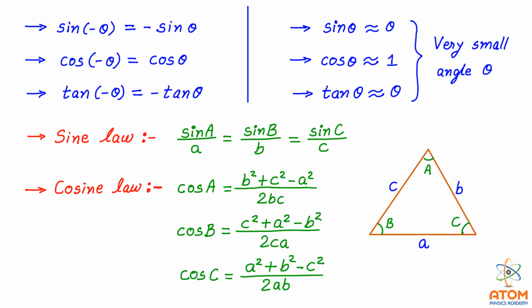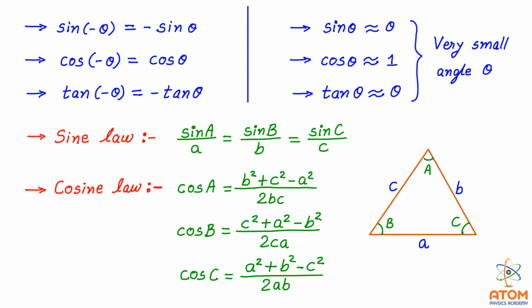Sine law and cos law are applicable for any triangle. Up to now we have seen everything about the right angle triangle, but now for any triangle. This is not a right angle triangle, nor is it an equilateral triangle. It's a random triangle, and you can see this is angle A and the opposite side of this angle is small a. This is angle B, the opposite side is small b. This is angle C and the opposite side is small c. So for this triangle or any such type of triangle, you can apply sine law and cosine law.